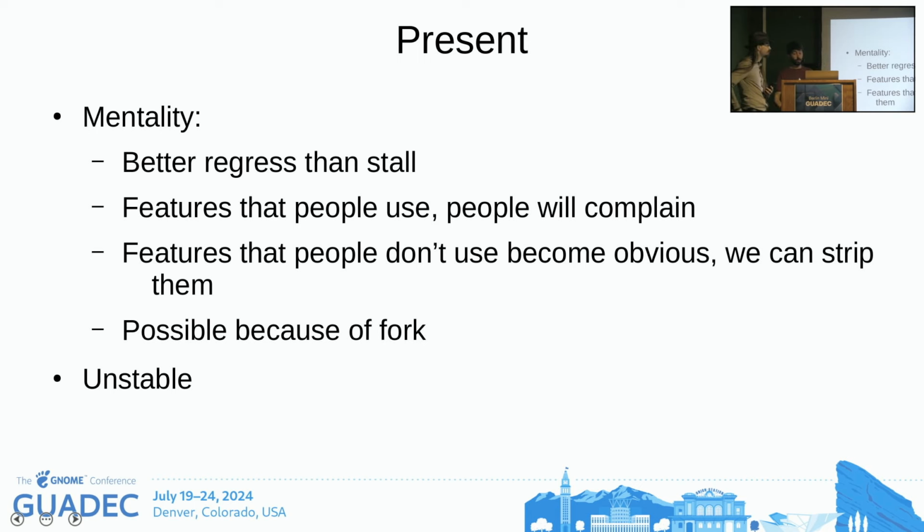Because we did this fork, it was like, okay, now we don't have any responsibility towards anybody. We had this drastic mentality of, okay, better regress than install, so we will break things. And that's also a way to realize, if somebody complains that we broke something, that means we need to fix it, and that's useful. If we broke something, and then we realize 1 year later that it was broken, and for a year nobody complained, well, actually, we don't have to fix it. We can just remove it.